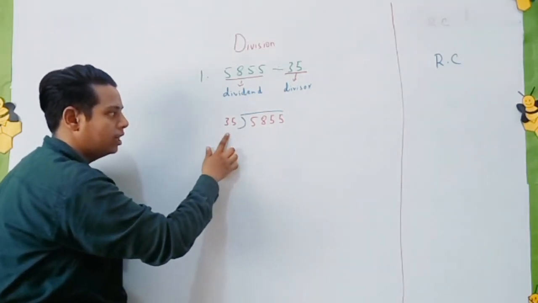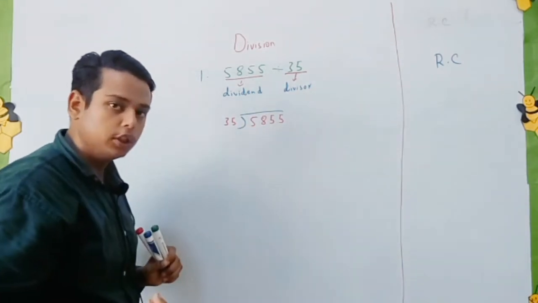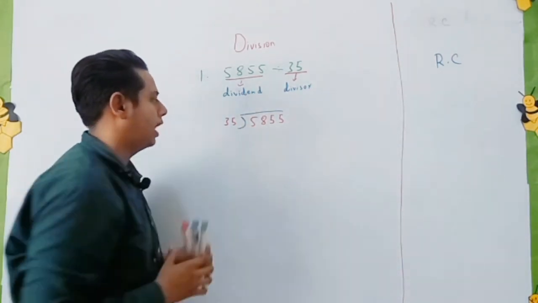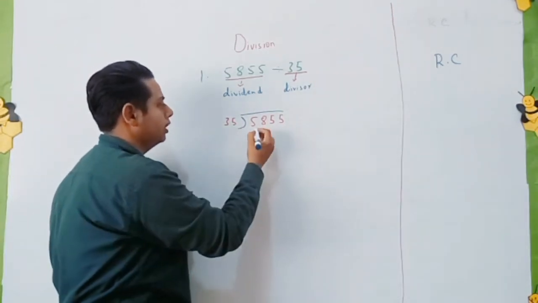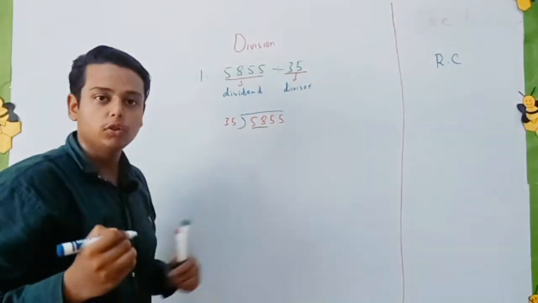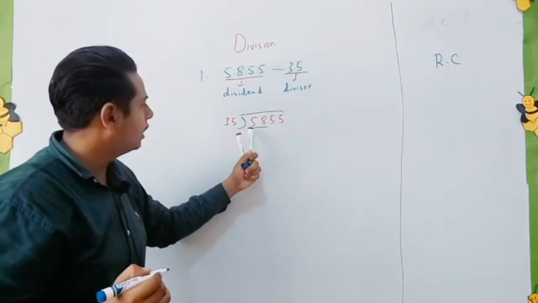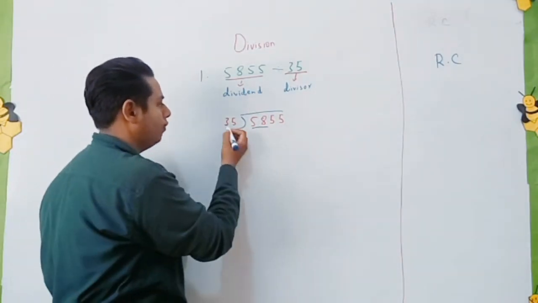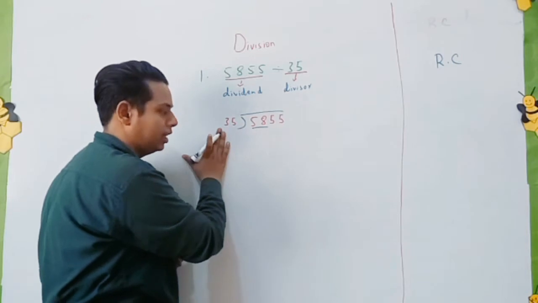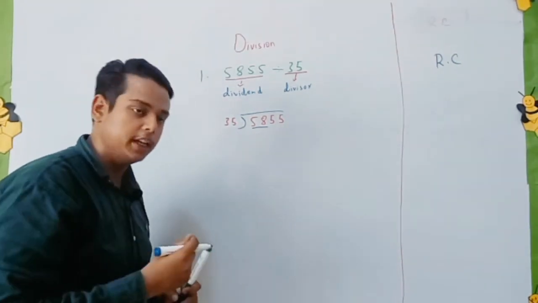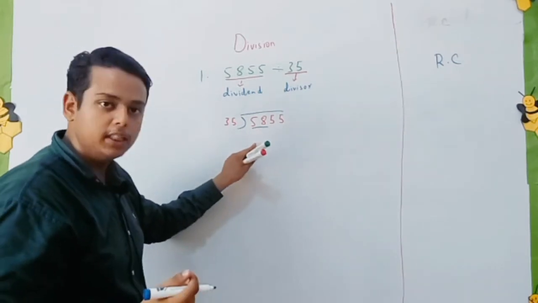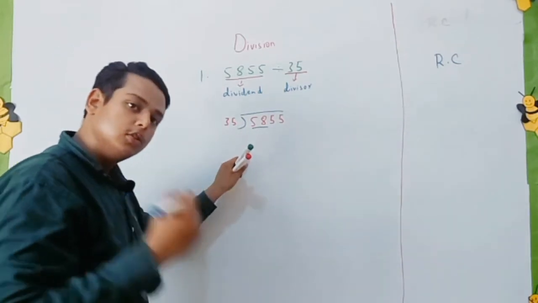सो 5 इज़ द स्मॉल. सो व्हाट यू नीड टू डू, यू नीड टू टेक द सेकंड नंबर इज एज वेल. तो सेकंड नंबर को भी क्या कर लेंगे हम? साथ इसके इंक्लूड कर लेंगे. सो व्हाट वी गेट देन? वी गेट द 58. नाउ आई हैव टू मल्टीप्लाई 35 अंटिल आई गेट 58 और लेस देन 58. या तो मुझे एग्जैक्ट 58 मिल जाए या फिर 58 से छोटा मिल जाए.